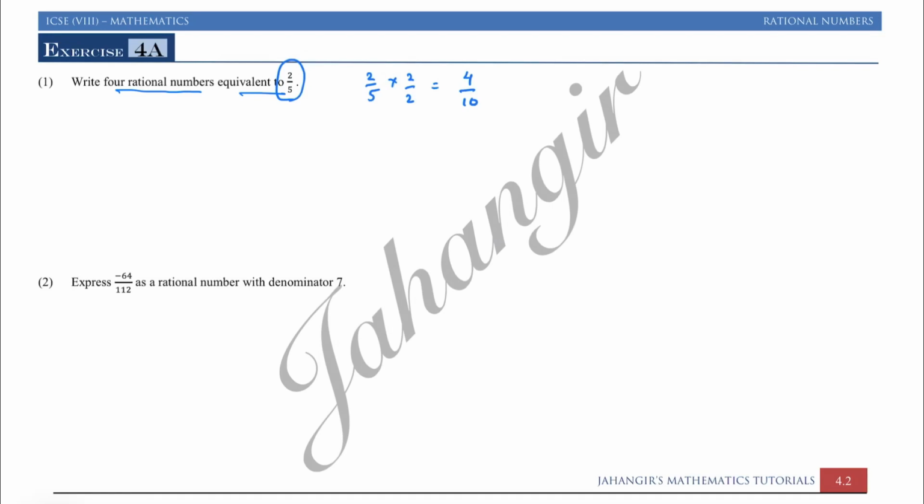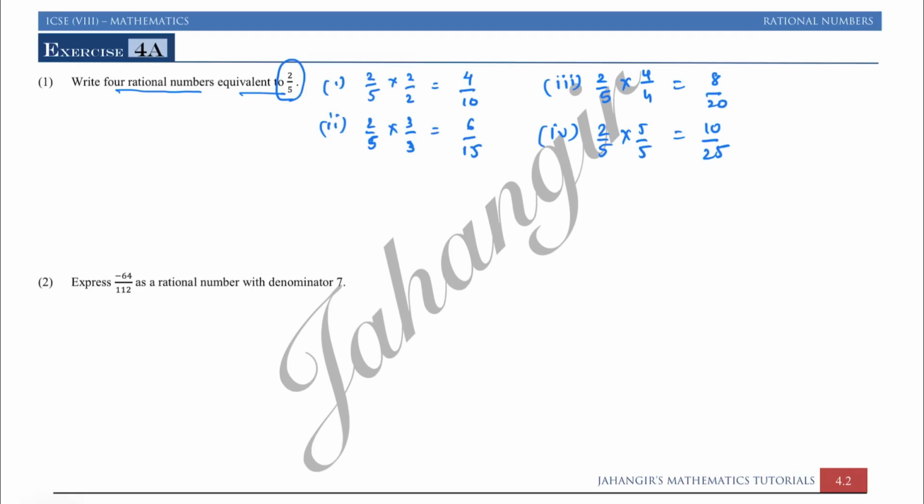This is the first. We know we need 4 numbers na, so in the second we will multiply by 3. You can multiply by any number, but I will go in sequence 2, 3, 4, 5. I will multiply that way. 2 3s are 6, 5 3s are 15. Third number के लिए I can multiply 2 by 5 into 4 upon 4, that is 4 2s are 8, 5 4s are 20, and the fourth number is 2 by 5 into 5 upon 5, that is 5 2s are 10 upon 25. ठीक है, hope you had understood this.